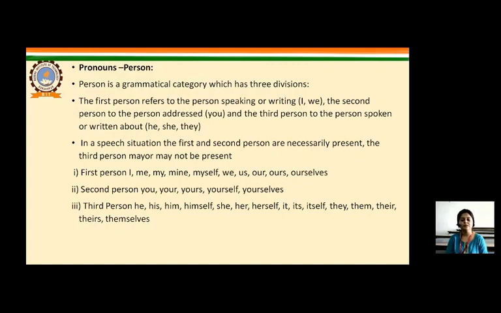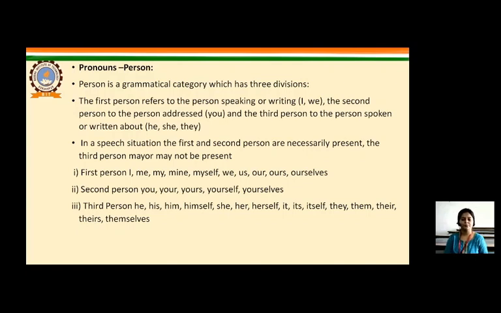First person examples are I, me, my, mine, myself, we, us, our, ours and ourselves. We are together in this. So we is the first person who is talking, promising or telling. Second person, I am with you. So the first person, that is I, am promising, I am with you. Here you is used as second person, used for denoting the second person, like you, yours, yourself and yourselves.